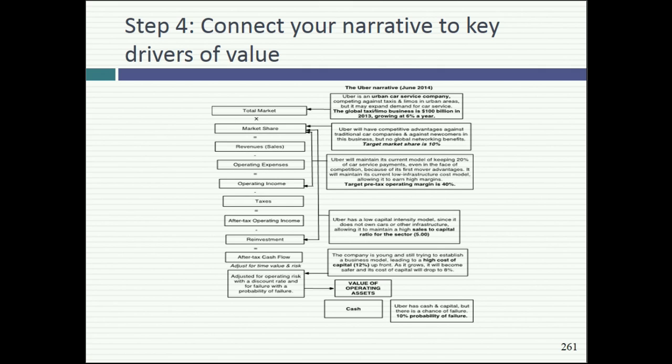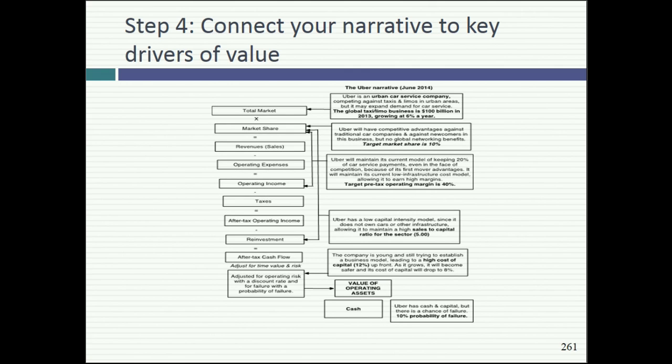I assumed that Uber would attract new users into the business. The way I reflected that was by assuming that that market would grow. The global car service market would grow at 6% a year, whereas it historically had been growing at 1 to 2% a year. So basically I increased the growth rate. I assumed that Uber would have local networking benefits. Local networking benefits basically means that different cities will be dominated by different ride-sharing companies. I gave Uber a market share of only 10%. That's actually a pretty big market share, but I didn't give them a market share of 40%.